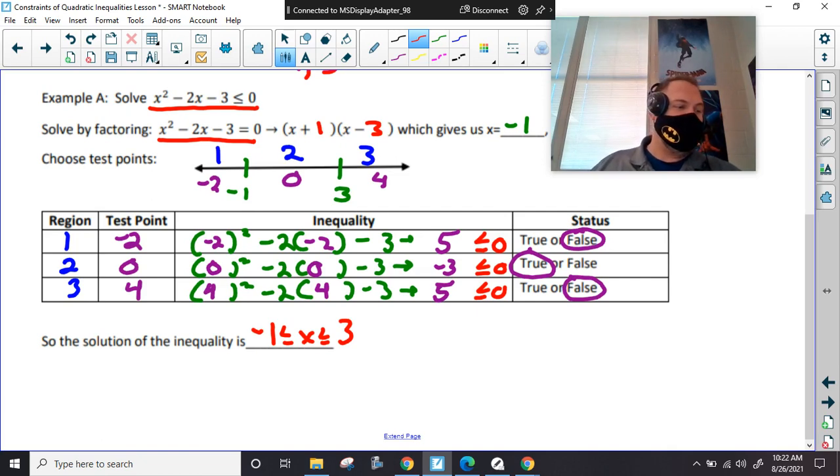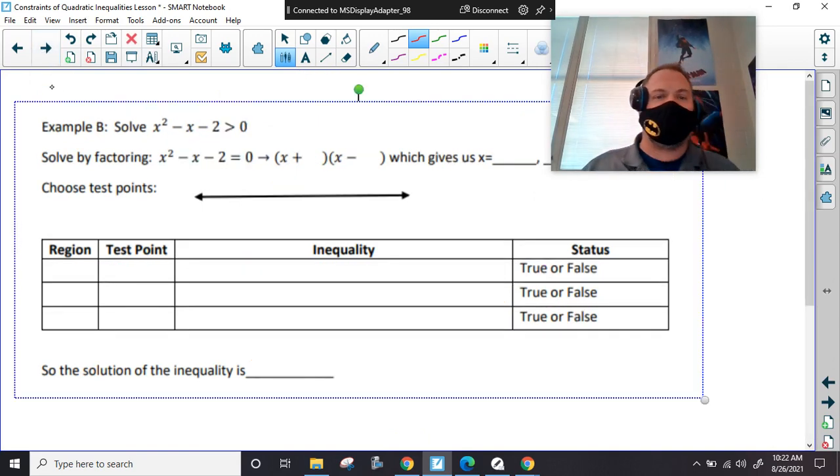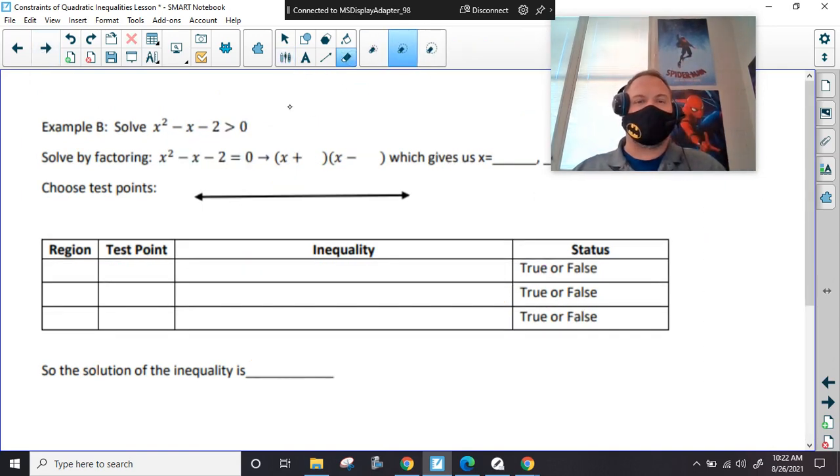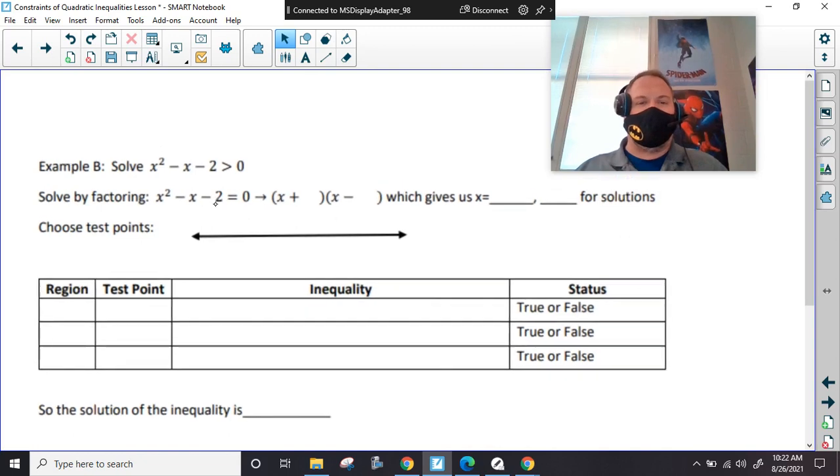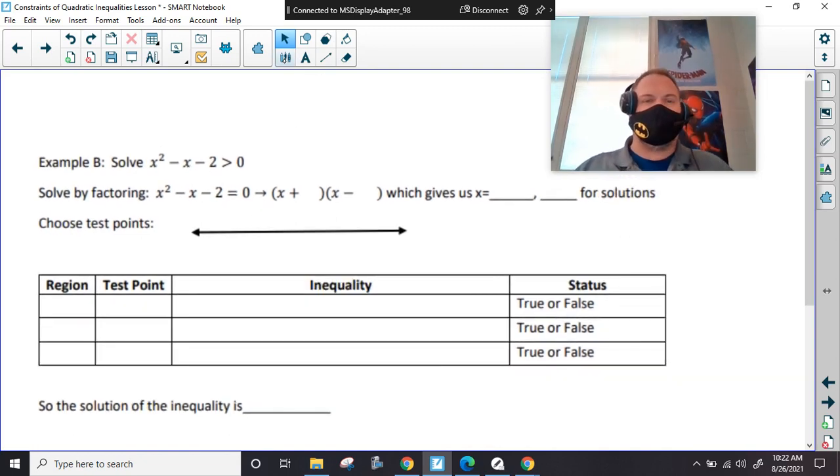Now, all right. Are we good with this slide? Are we ready to move on to the next one? Anybody need more time? All right. So let's kind of ease on to example B. All right. So in example B, it's kind of the same process. Okay. So I need to factor